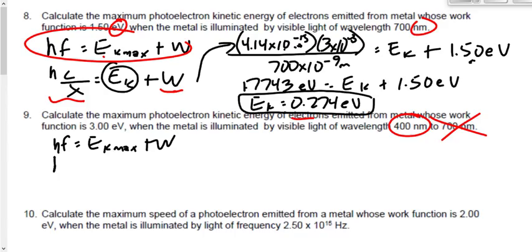Now we're going to replace this with hc over lambda, because we've got the wavelength. And now the question becomes like the last one, right? Now it's virtually identical to the last one, except that in this one we have different numbers. hc over lambda, EK, take the W over by subtracting. And when we solve for EK there, using the value of 400 nanometers for the wavelength, we get an EK equal to 0.105